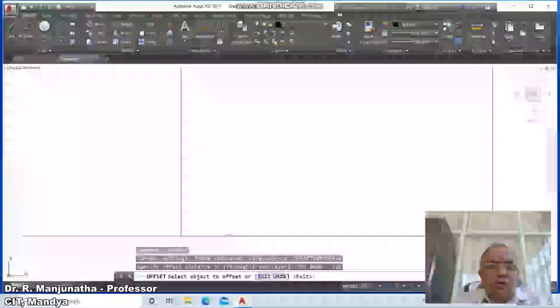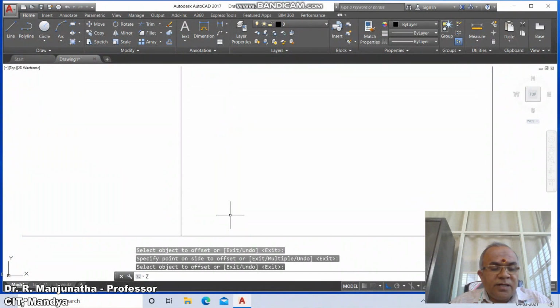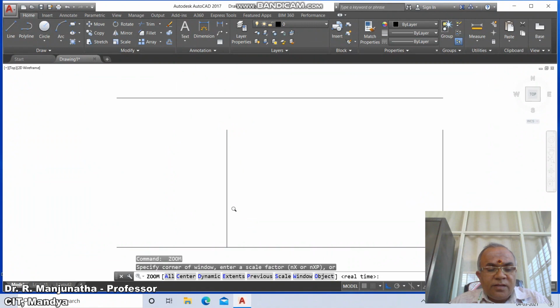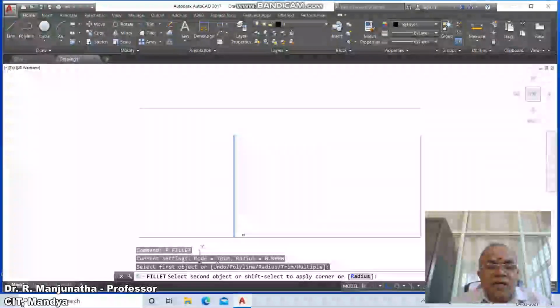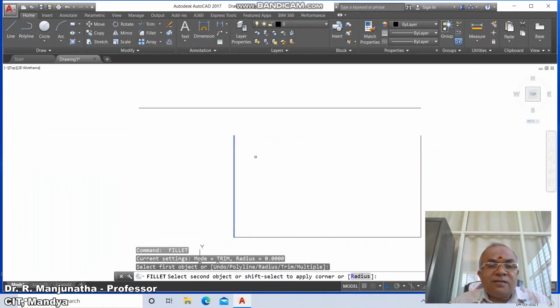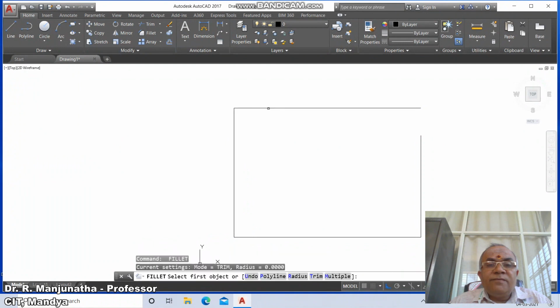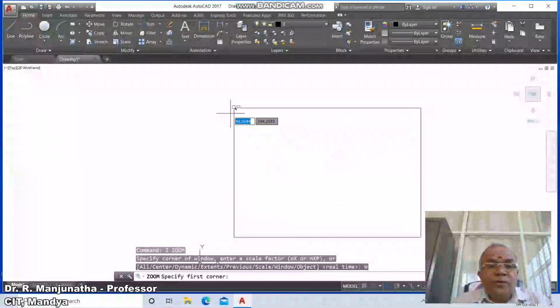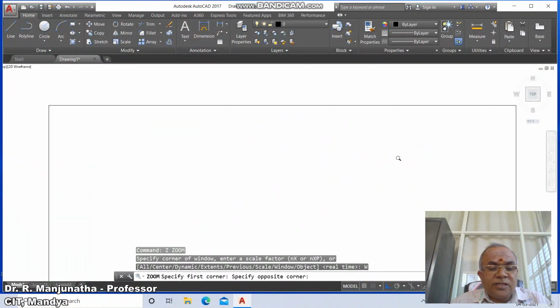210, select the horizontal line and offset to the top side, then go to zoom extents and zoom 0.6x, then go to fillet between this line and this line, fillet between this line and this line, similarly fillet between this horizontal line and this vertical line, then go to zoom window, select this and take it near to the screen and